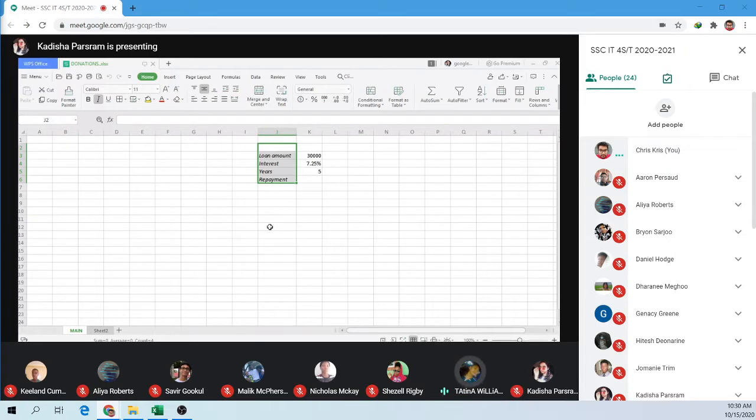Okay, so we're continuing from number 23. A loan of 30,000 was used to manage the donations collected and pay staff. The interest rate is 7.25% and the repayment time is 5 years. Type the following data in the same main sheet starting at column J. Okay, so we already got the information. In cell K6, type equals PMT,